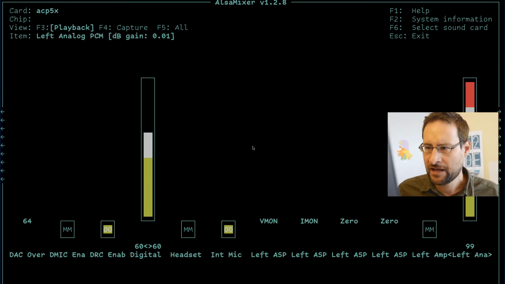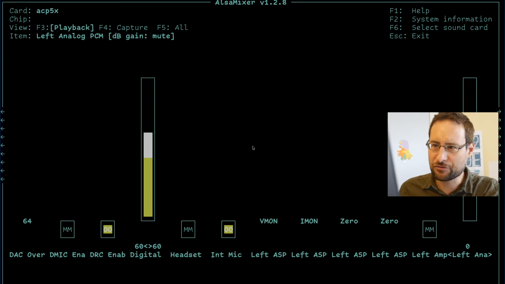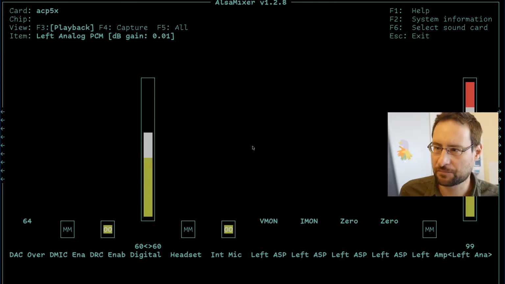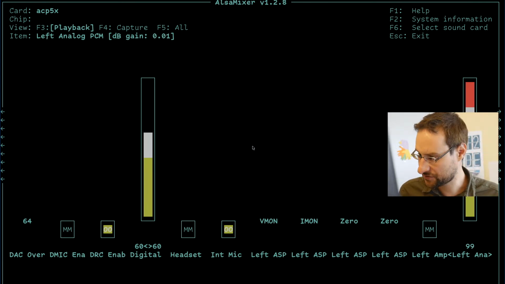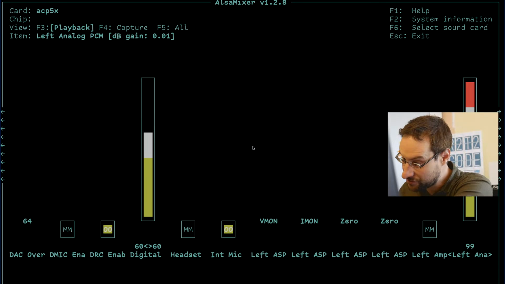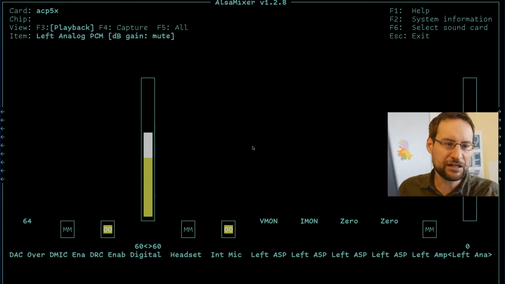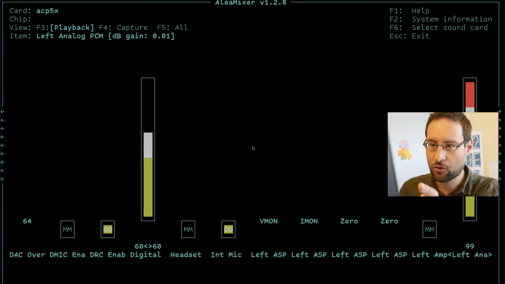Also this is a completely crazy control. So this by the way probably was muted. Left analog PCM, yes, I could have toggled this. Probably I even played with this previously also. Why is this changing, left analog? Oh no, this is selected. So completely crazy, right? This is mute or dB gain